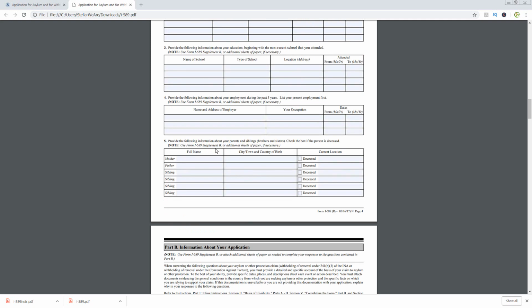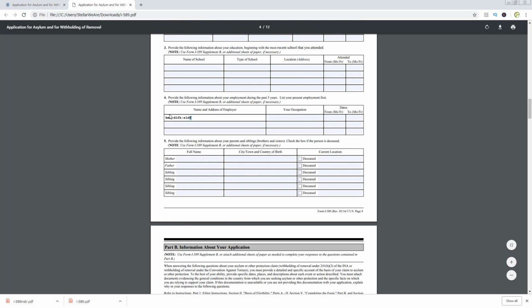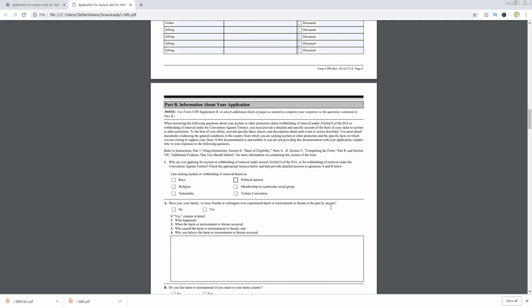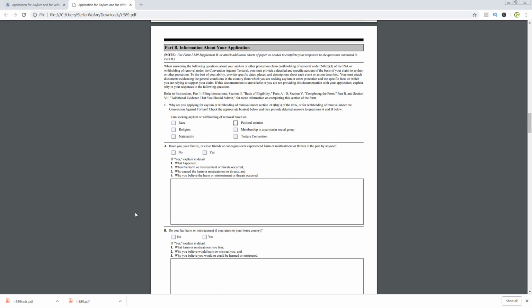As you can see, for example, in these grayed out fields, you can type on the computer and then print it out. But honestly, I would recommend just printing out the application and filling it out by hand yourself, very nicely, very clearly, with a blue pen, and making sure that everything is very legible,